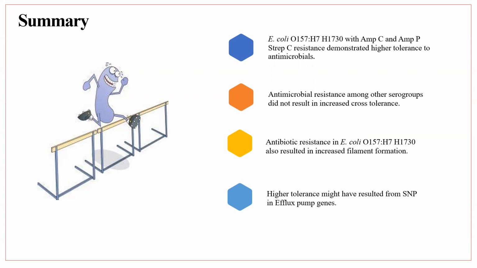And then as a side project, we saw some filament formation. As we were looking at biofilm formation, we saw that the cells seemed to form aggregates, and that was noteworthy. Cells seemed to form better filaments in the presence of these antimicrobials, and cells with antibiotic resistance had better filament formation than the cells without. We also concluded that the higher tolerance we saw may have resulted from efflux pumps. Again, I'm very sure one of the questions would be, what are efflux pumps and how do efflux pumps work?